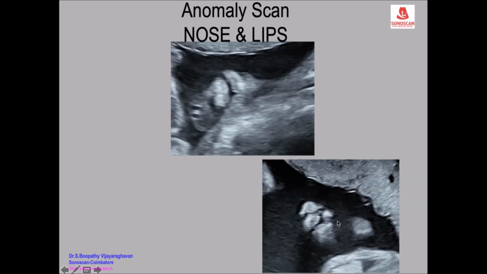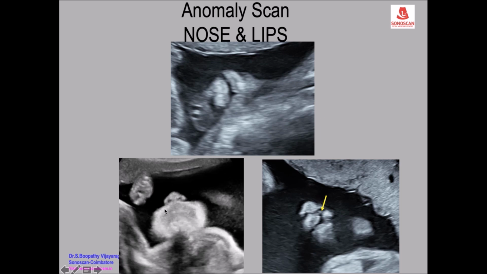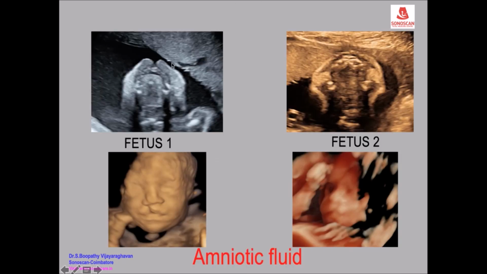Here the upper lip is perpendicular to the beam, is it not? Like that. So when this line is perpendicular to the beam, a defect will be seen well. So this is the angle of incidence, which becomes very important. Amniotic fluid gives the contrast in this fetus. So it is seen very well in the axial scan as well as in 3D.